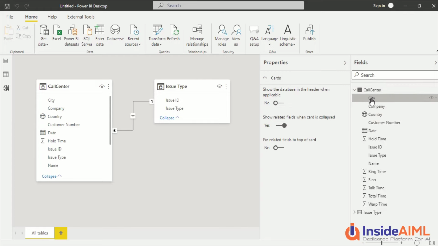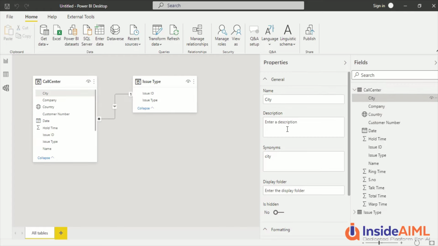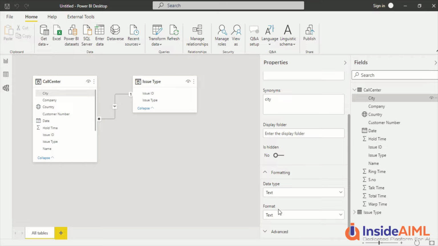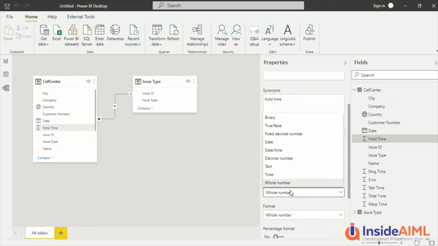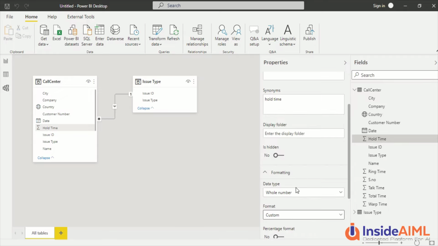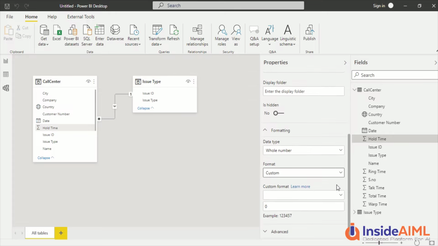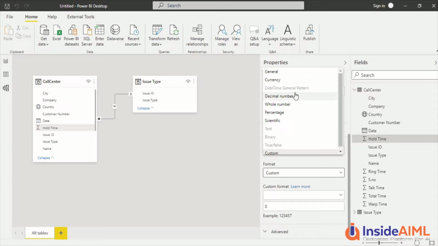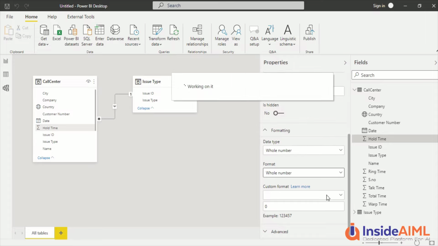Now let's click out here on this one. Now you have city, description, city names, and then you have text format and data types also. If it is a number format, you can go here and this is the type and this is the format, and you can actually write down a custom format. It is always better to prefer that, as it makes sure that it remains a number only. Right now I don't want any custom format, I'll keep it as whole number only.